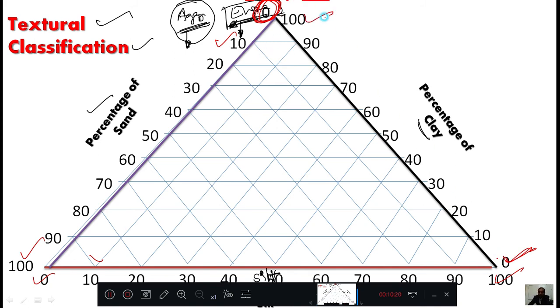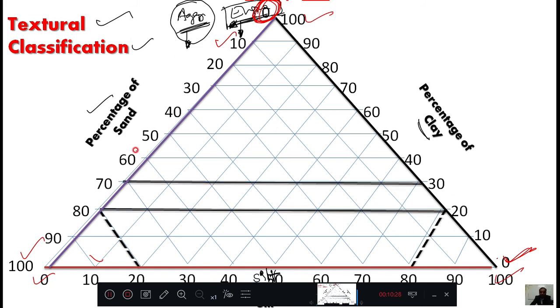Okay? Like that we will map this one, and after that we will have some grids drawn in this triangle, and we will divide again further by putting 70 and 30 on one line, and after that 80 and 20 ratios. This is 80 and this is 20, this is 80 and corresponding to that here 20, and this is 80 and this is 20.